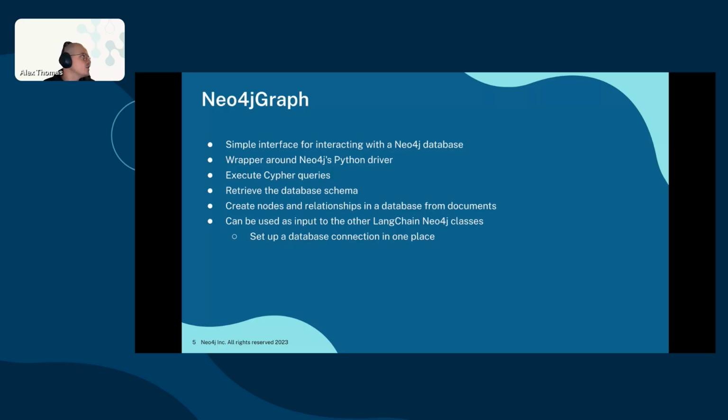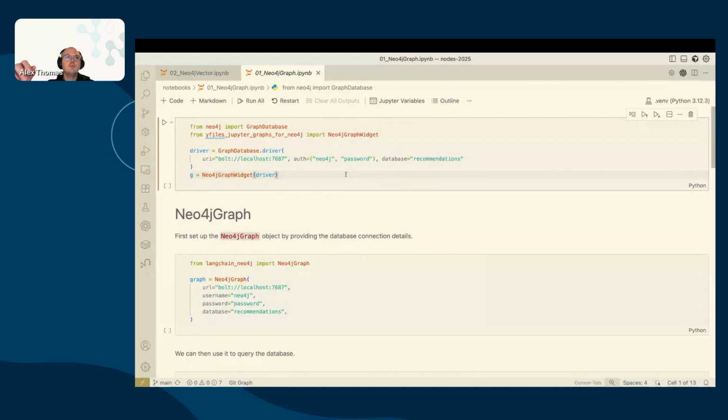So I'm going to stop sharing my screen now, and then I'm going to share a Jupyter notebook with you. Here we go. You all should be seeing a Jupyter notebook now. So I'm going to run through a demo of the Neo4j graph class. Feel free to ignore this first cell I'm going to run. This is just for setting up some of the visualization stuff that I'm going to be using in the rest